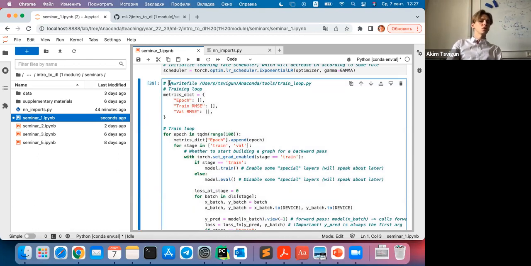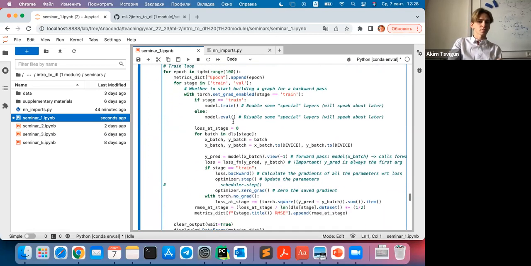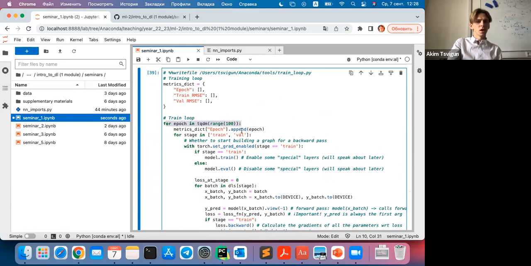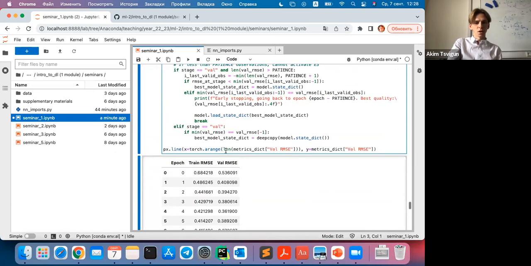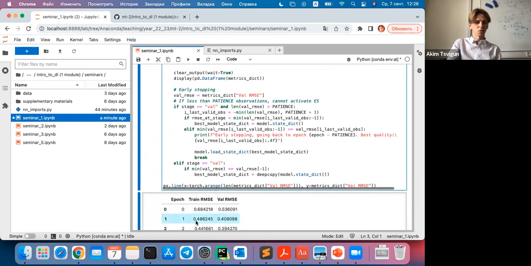So again, such a loop, if you want to use it, and a lot of users prefer using their custom loops instead of some pre-built loops, because you have a lot more freedom, you can make a lot more different transformations, apply different functions, etc. So it's also better to store them in a file. Everything is the same here, except for we'll have the matrix dict, which will be beautifully updated using these inbuilt IPython